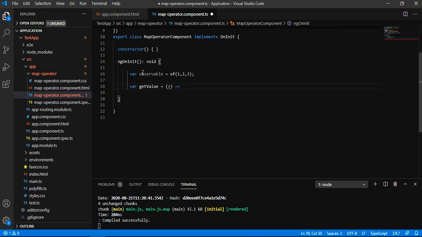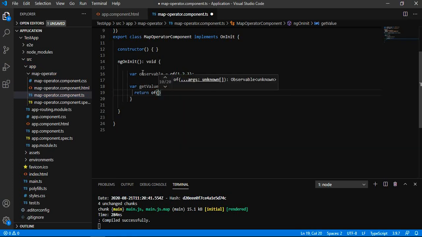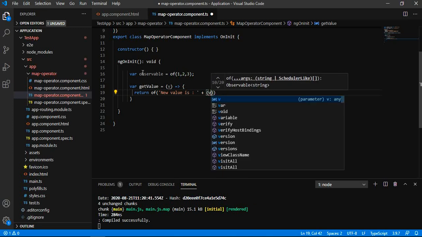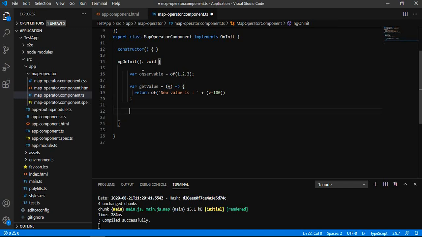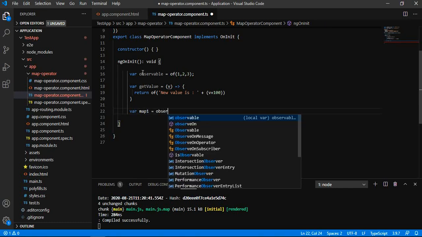Let me create a method getValue that will return a new observable that will change the value that you input inside it. Let me add the value 100. So in this method, whenever we call it, it will give you an observable that needs to be subscribed in order to emit the value. And let me create a map one, and that will